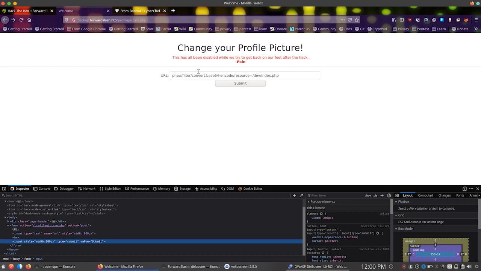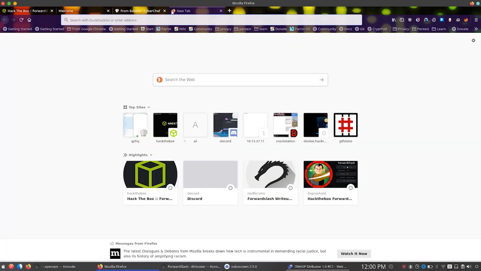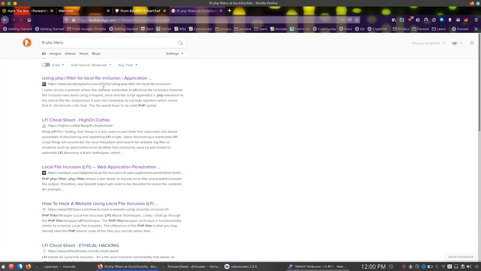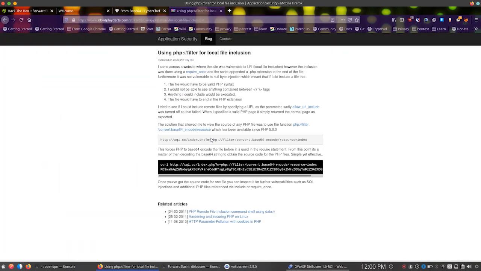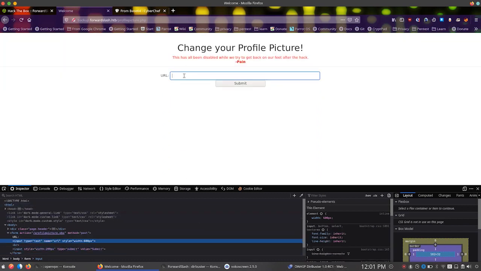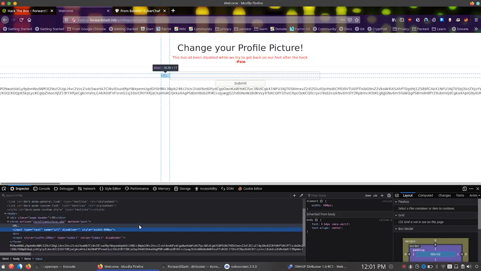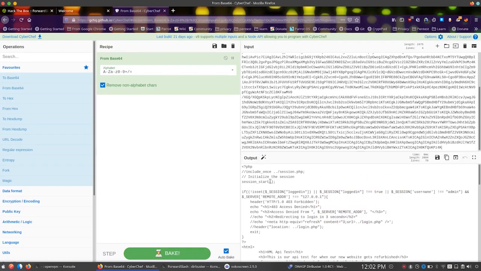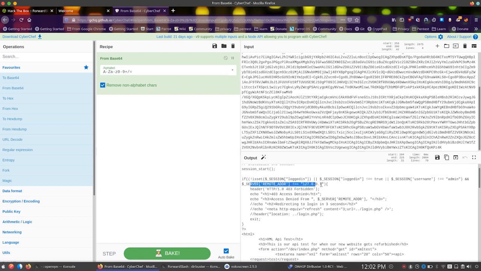And if you're wondering where I got the syntax for this, you can just search for PHP filters LFI or something like that, and it will be the first link right here. So this just converts the resource to base64, encodes it, and gives us the output. We get the index.php from the dev directory,